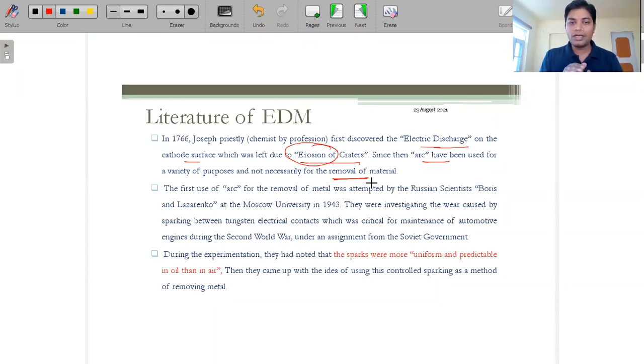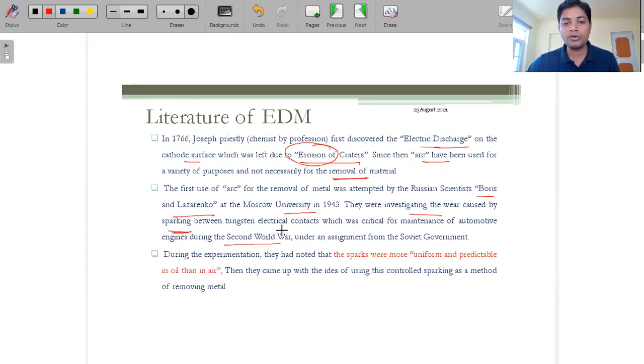Okay, now let's come to 1943, which is just after 180 years. There were two researchers, or scientists we can say, Boris and Lazarenko at Moscow University. They got an assignment related to aircraft that was damaged during the Second World War. Their investigation was based on the wear